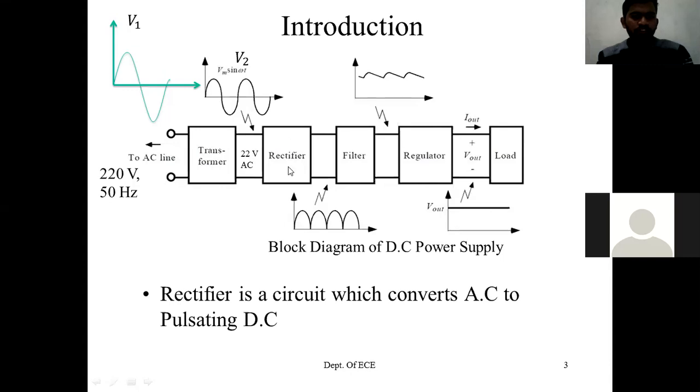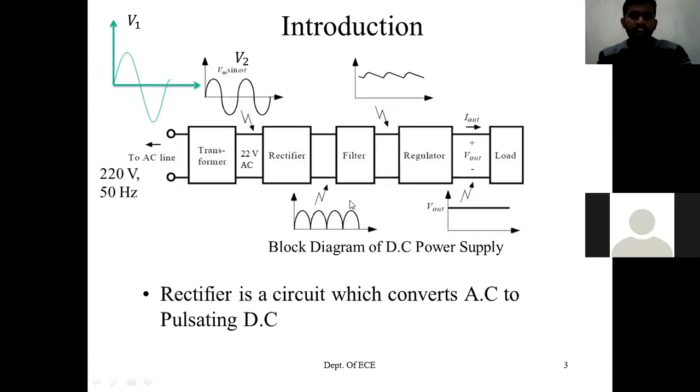What will the rectifier do? The rectifier will convert the AC signal to pulsating DC. Please note, pulsating DC here means the output of the rectifier. Just observe, this is the rectifier output, and what is shown here is the full wave rectifier output. Observe the output waveform. This waveform is again sinusoidal in nature, but what we want is a DC signal, a constant straight line like this. So we are in the process of converting an AC signal to a DC signal. So the rectifier output is like this.